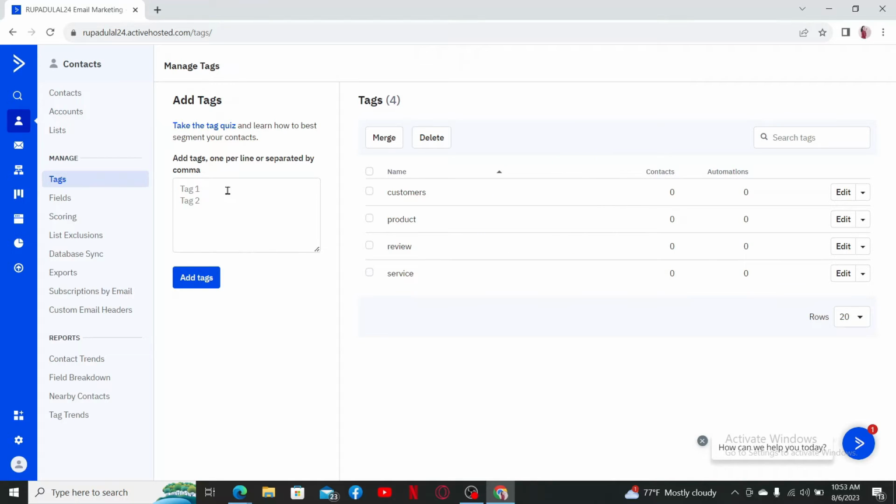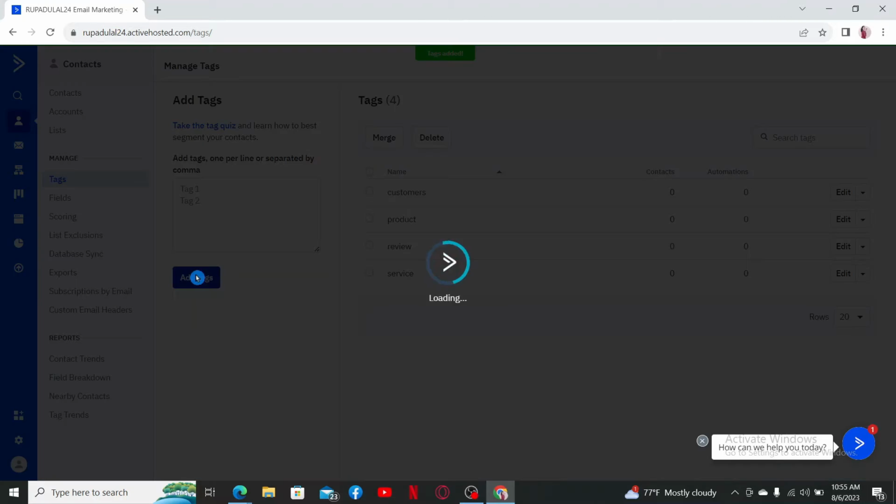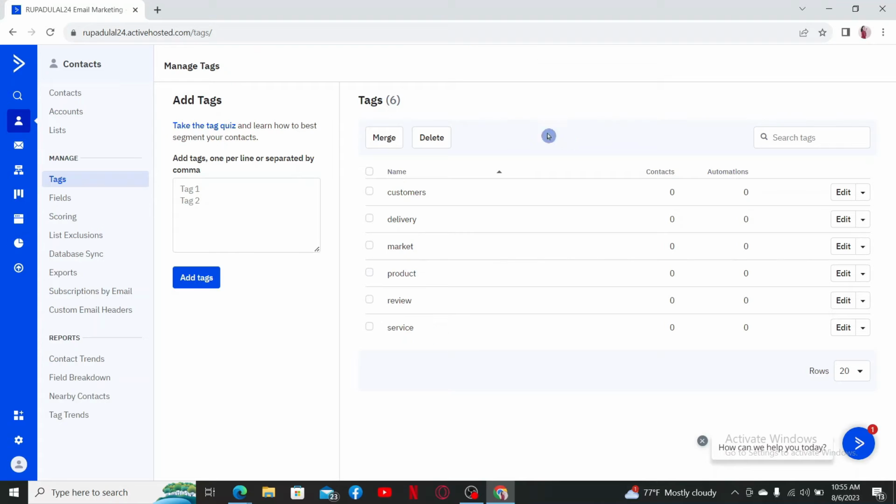To create a new tag, in the box displayed on the left-hand side, enter the tag details. You can enter the details for the new tag, for example, the tag's name, the tag's type, and so on. Each tag you add should be separated by a comma. After you are done entering the tag, click on Add Tag and you'll be able to add tags or create